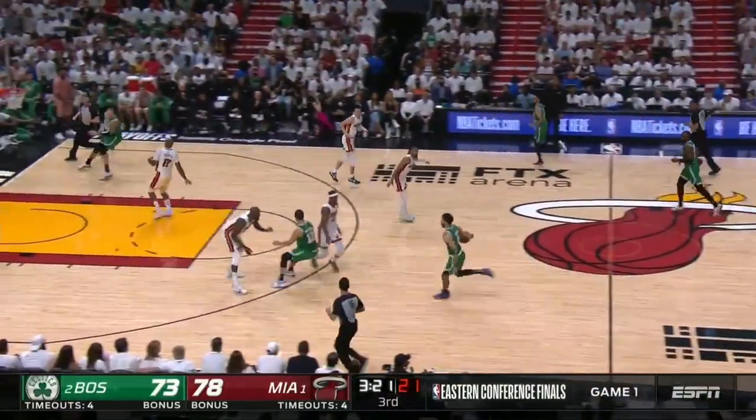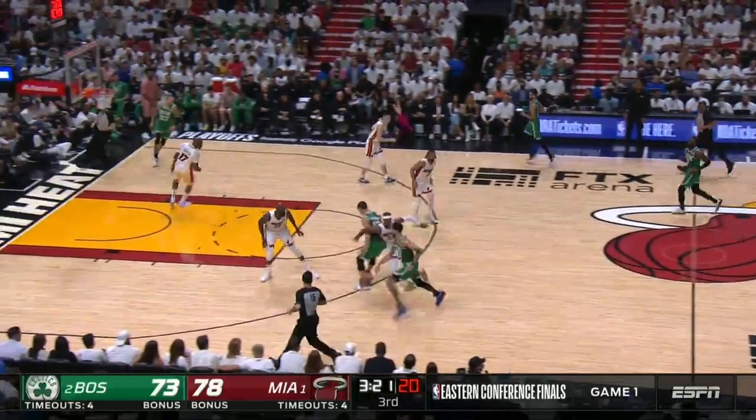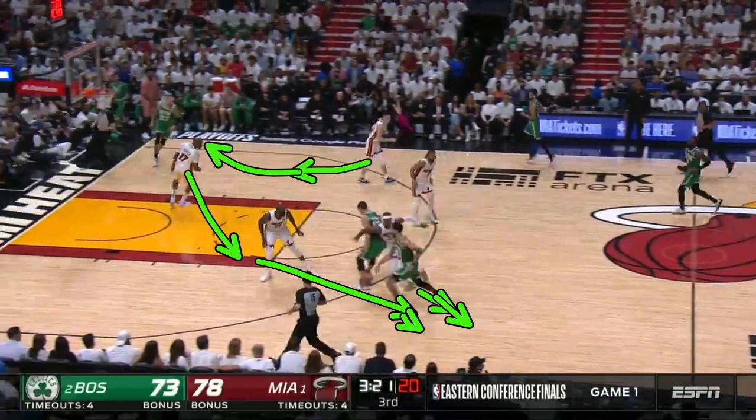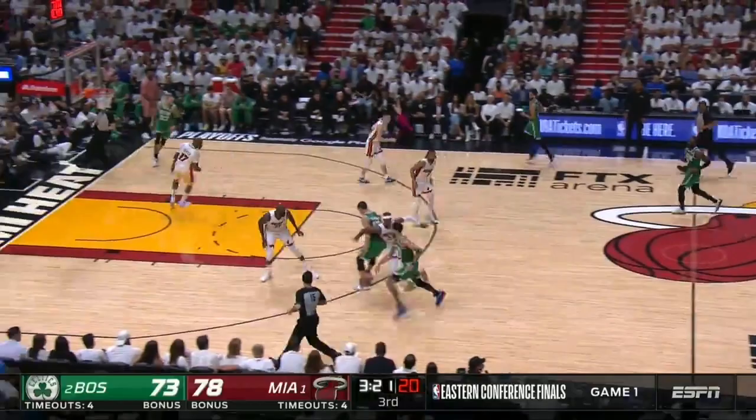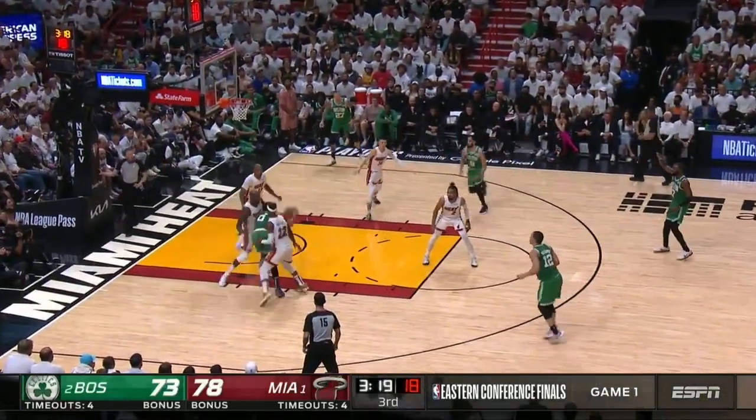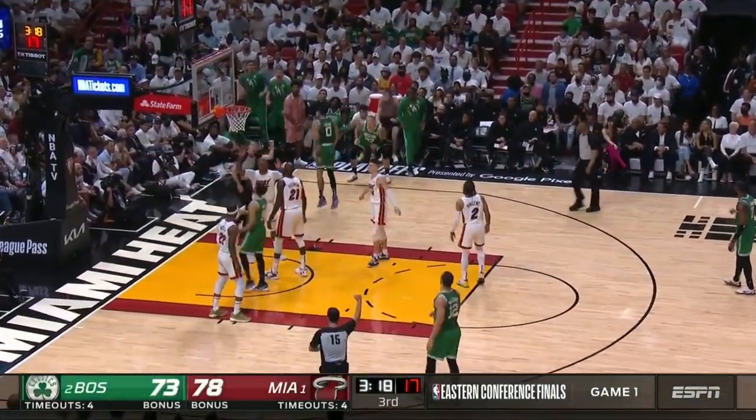Okay? So what can I do here? All right? I want to hedge this ball screen. Okay? Hedge it. Push him out. The second he hesitates, picks up his dribble, brings his dribble back, does anything other than continue to attack off of this big who's hedging high's hip, which just pushes him further away from the play, I might add, I can recover. In the meantime, I have backside help right here. This player can sink down, occupy these Celtics players two passes away. Okay? And again, I'm going to be able to recover and bump you back very quickly. But instead, let's just give Jayson Tatum the lane. And so, of course, it results with him at the foul line.